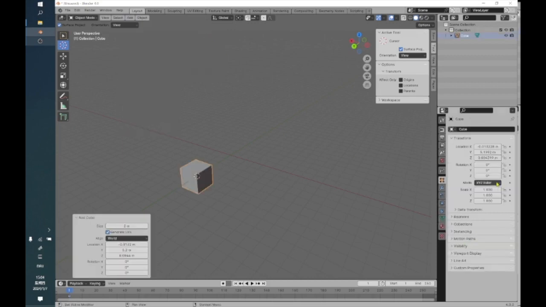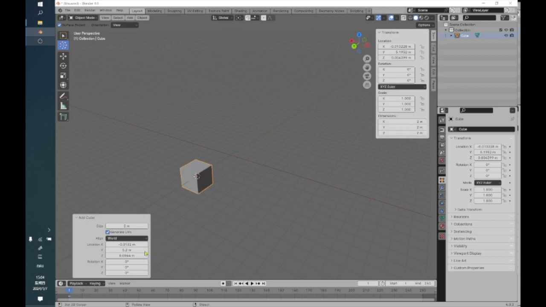So I can always control the size here. You see here, this is the size in meters. So this is the absolute size. And there is another place where you have the absolute size here. And why is this important? Because if I use the scale tool,